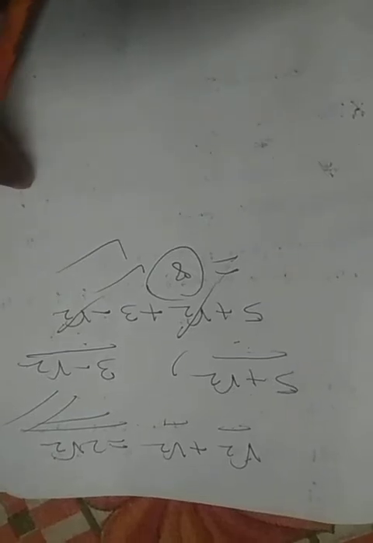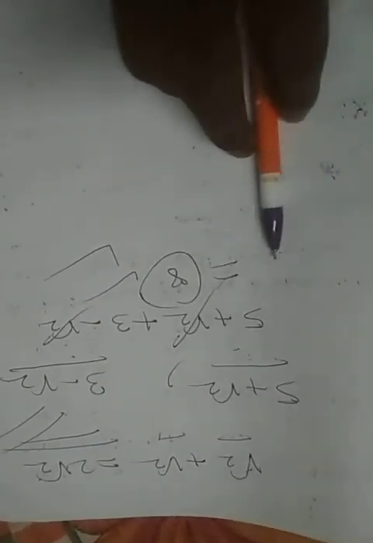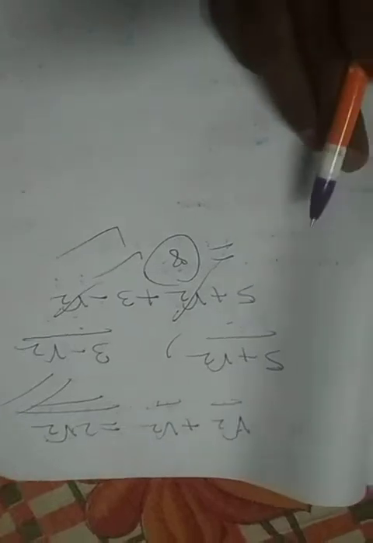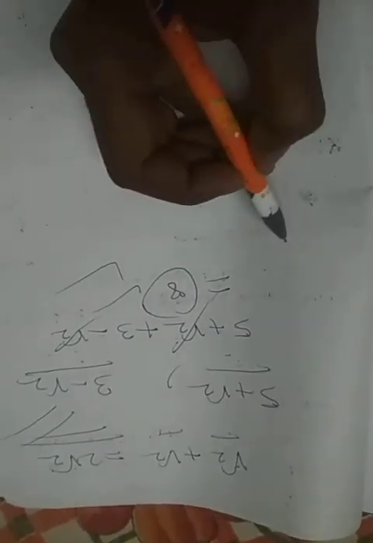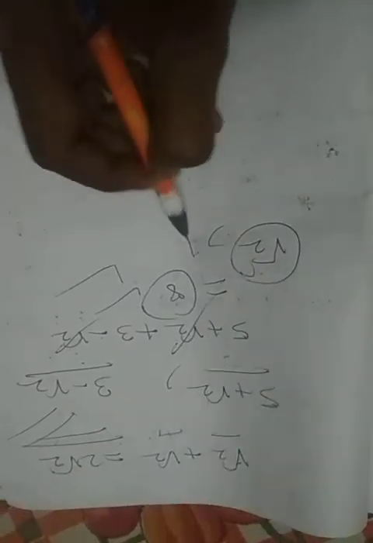But if you are adding one rational number and one irrational number, the result is surely an irrational number. There are other properties. I will send that portion to you. You have to read this. There may be a question from that. And the other part is that you have to prove whether some number is irrational or not. Like root 2, root 3. There will be a given. These numbers are irrational numbers.